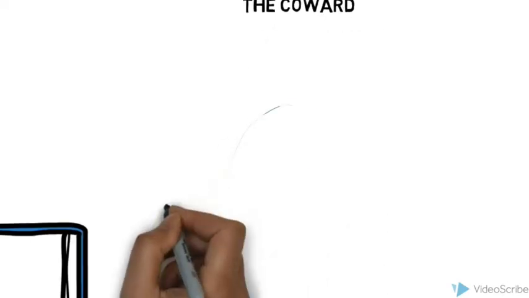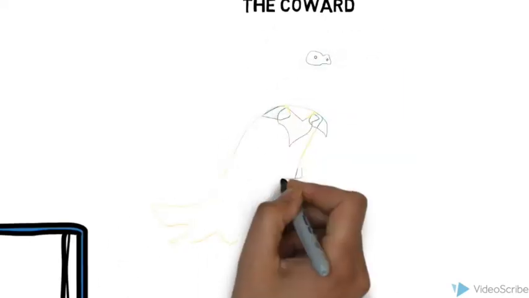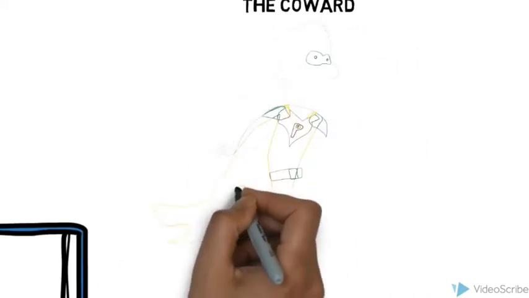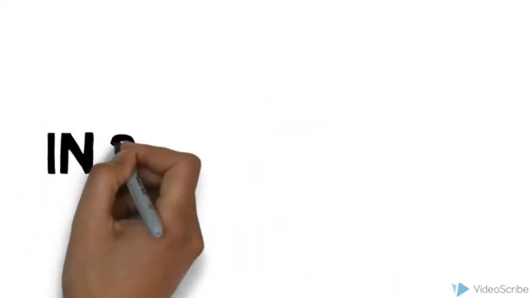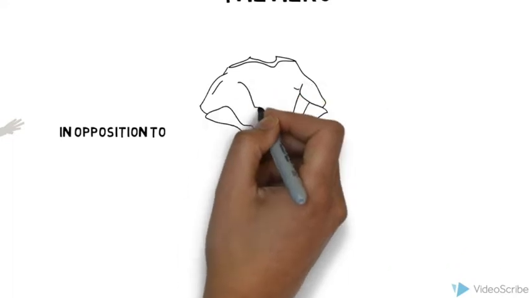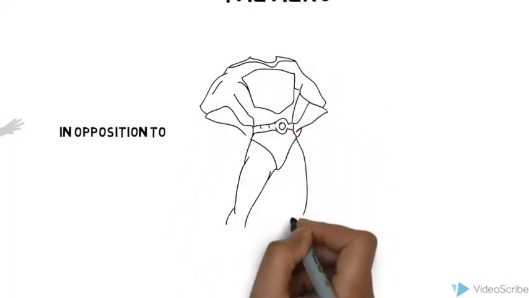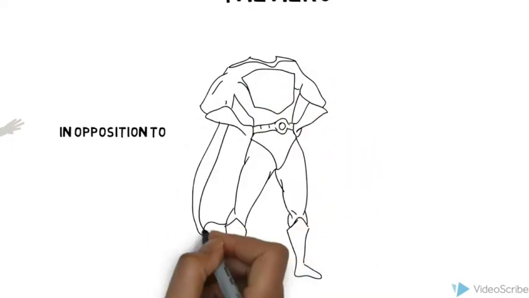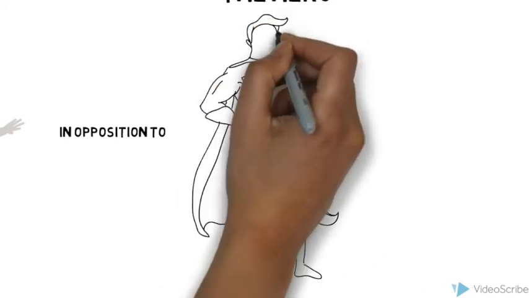For example, our understanding of a coward or what makes someone a coward is dependent on knowing the difference between what that word and its opposite, which is hero, means. In order to have a deeper understanding, we can think about all the characteristics that a hero has and then hold them in comparison to a coward to deepen our understanding.